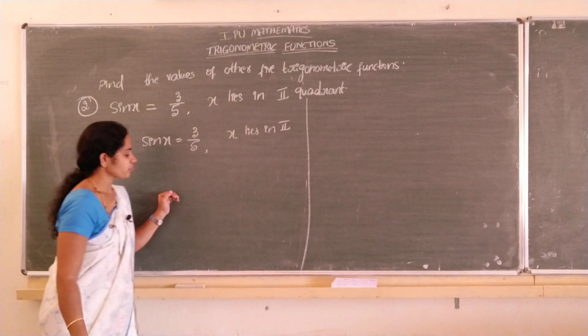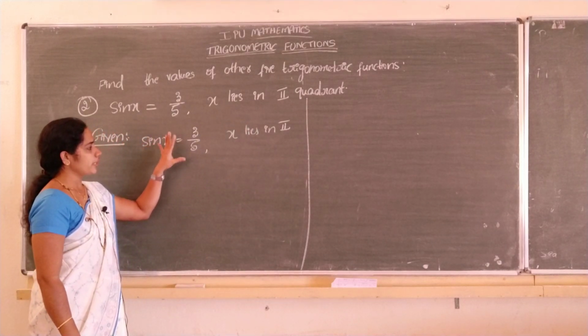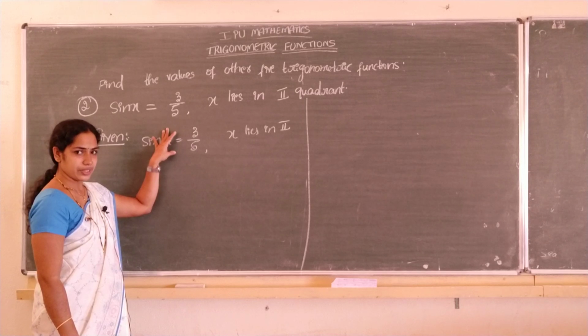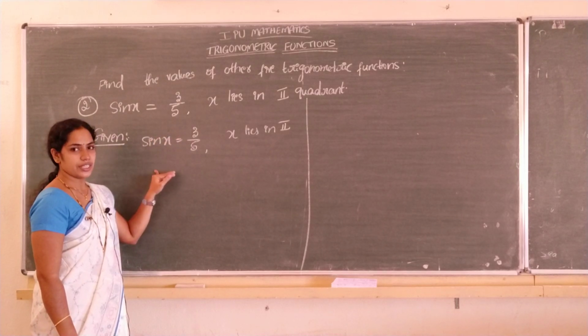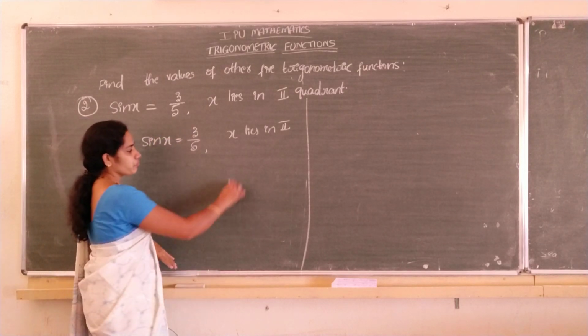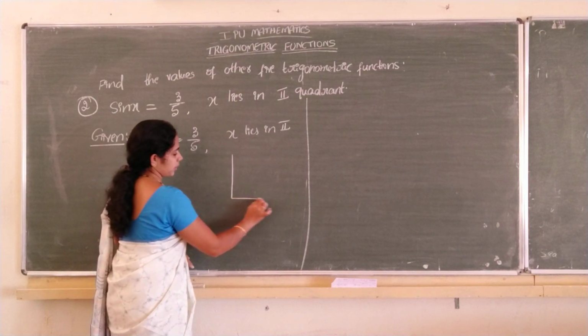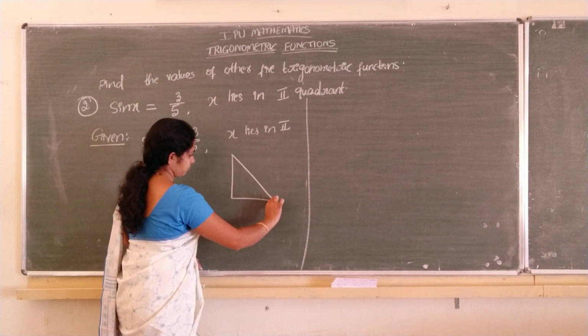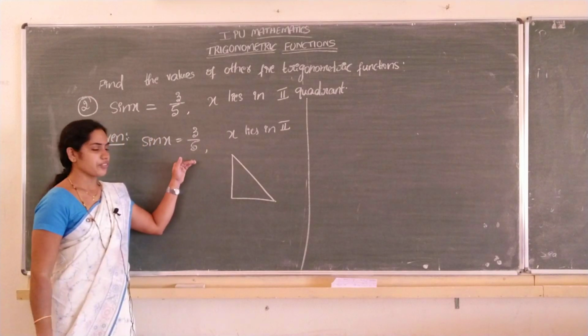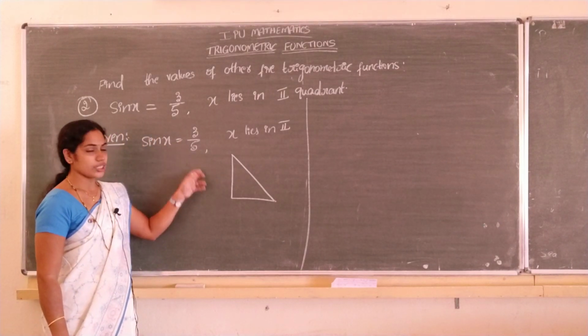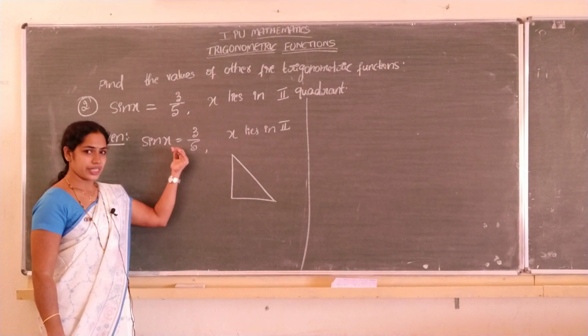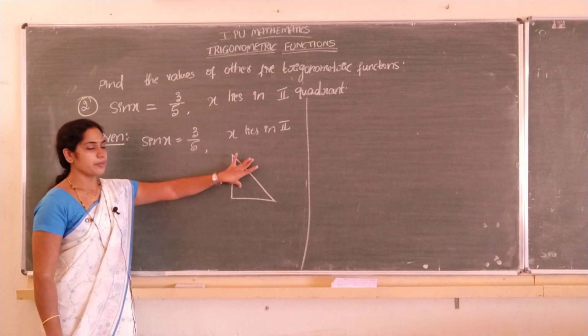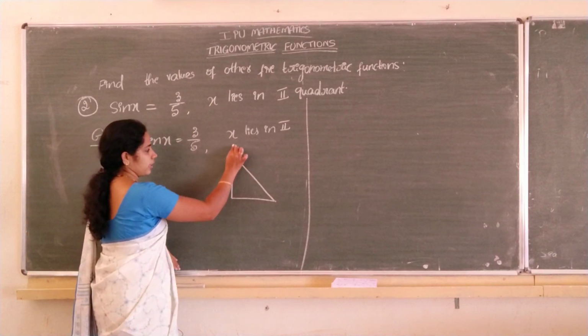Now, if sin x is given, directly we can find cosec x. Okay, here let us make a triangle first. Cosec x we find, and then to find cos x we can use the triangle, or in the beginning we will draw a triangle